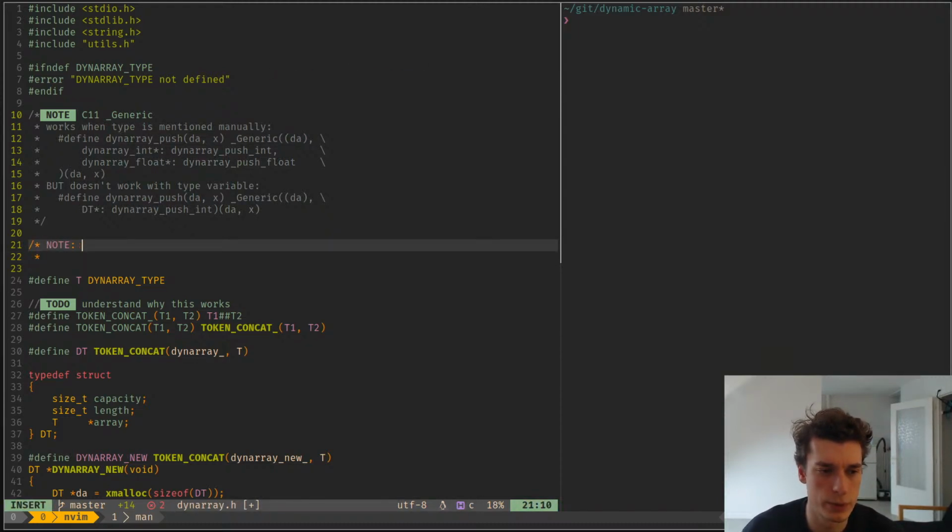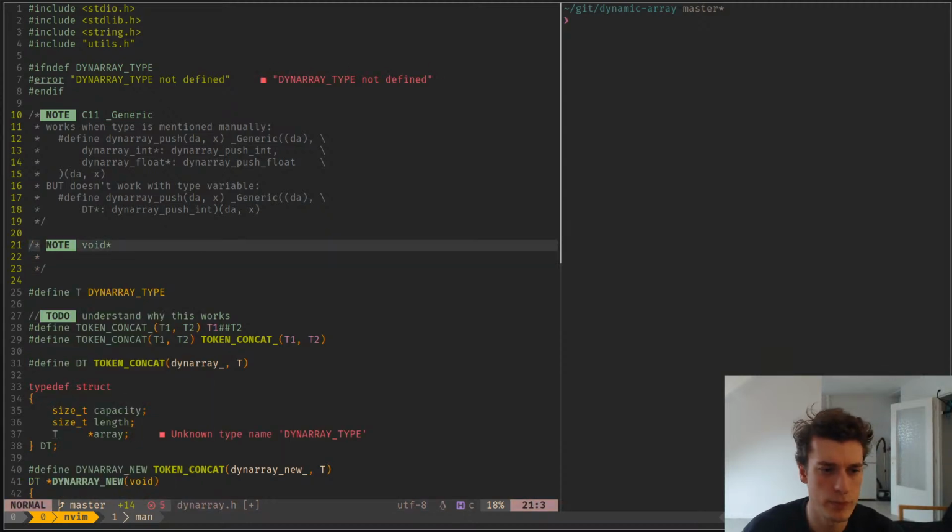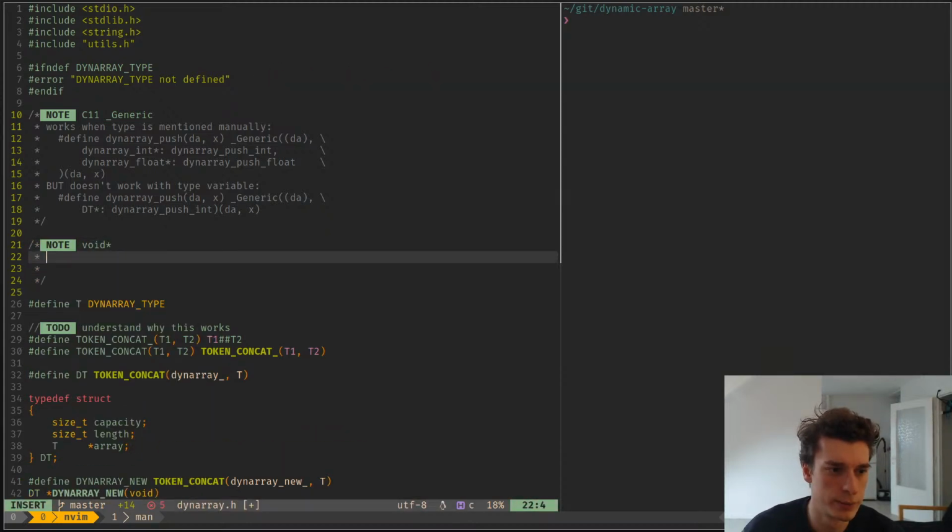Notes on void pointers. Previously I made an implementation of dynamic arrays with void pointers,